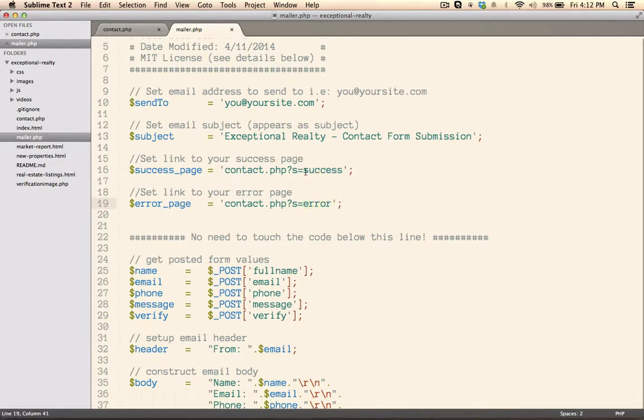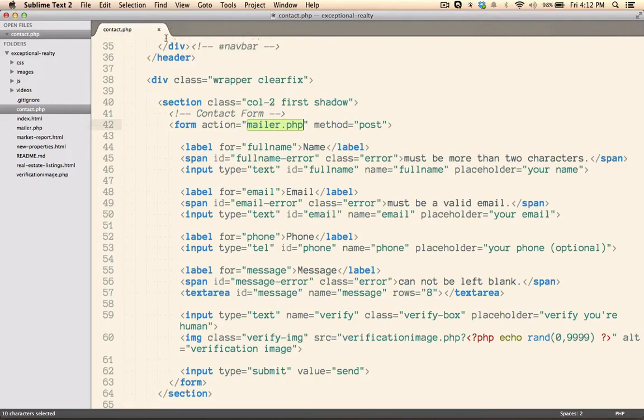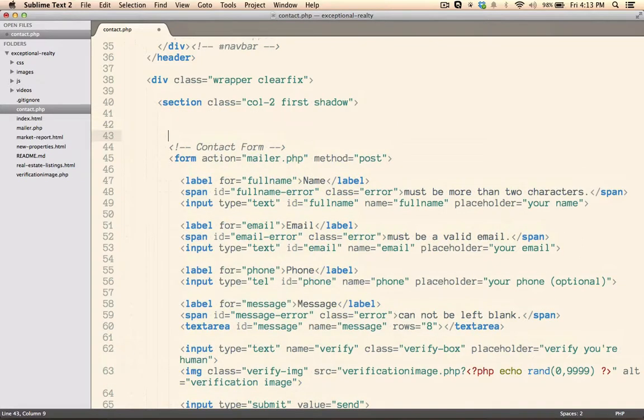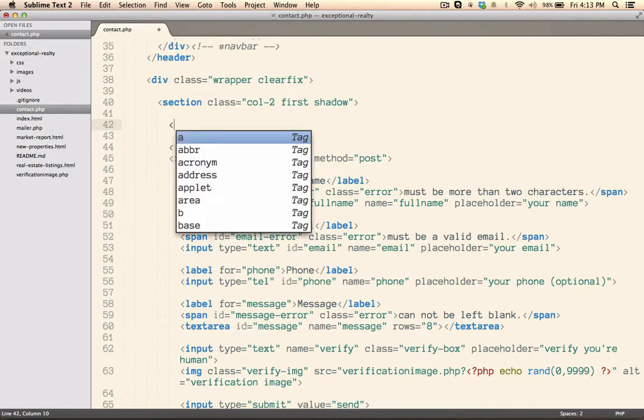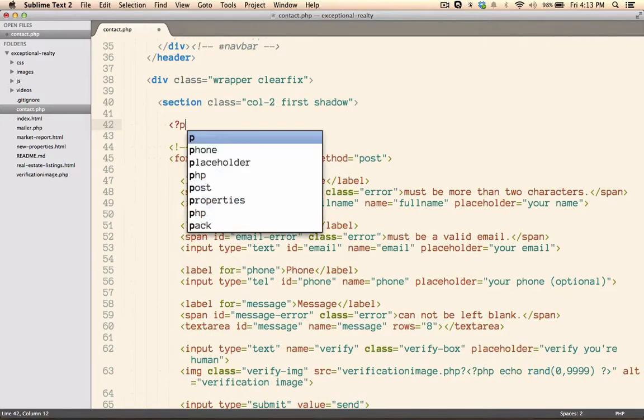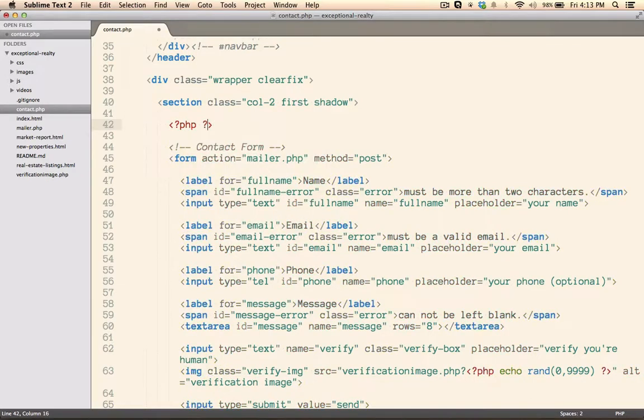So in order to handle the success and the error responses, let's go ahead and jump back over to contact.php again. So I'd like to leave a message for the user if their email was successfully sent or not. So the way I'm going to do that is before the contact form here, I'll just hit return a couple times and open up some space. And what we'll do is we will say <?php, and we're going to go ahead and create some code here. And we'll say if,